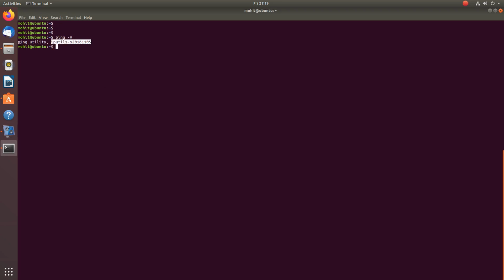Now, just to give you a brief overview, when you start the ping command, it sends an ICMP, Internet Control Message Protocol, echo request. So the echo request is a request to the destination host, asking it to please send an echo to the source host.